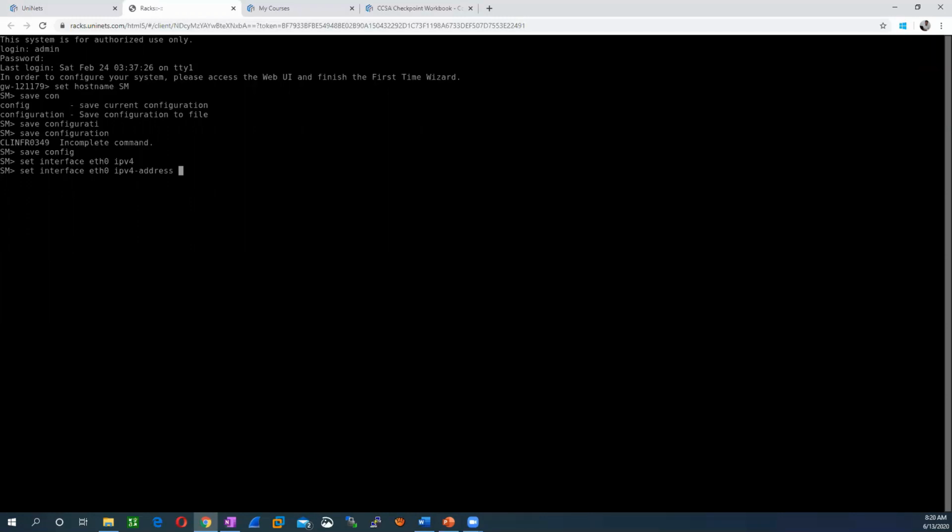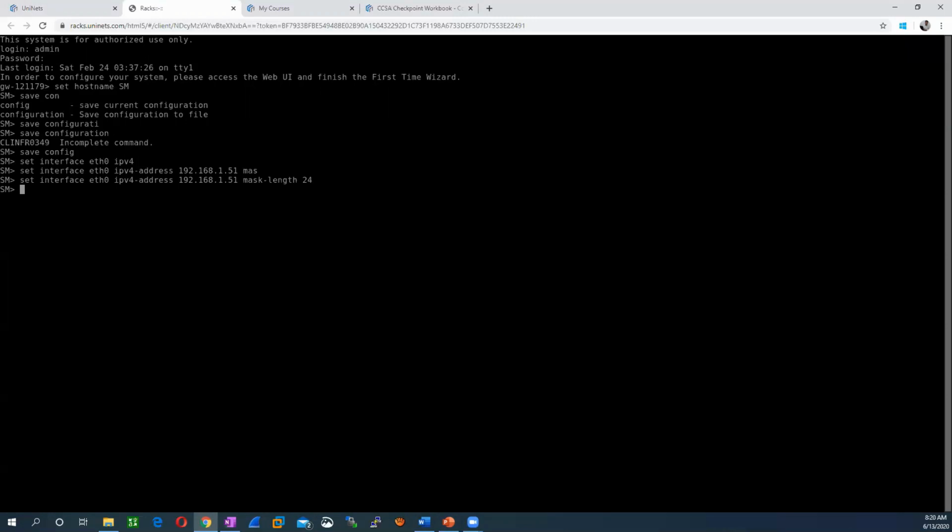I just want to define this management device with the IP address 192.168.1.51, and then mask-length, the subnet mask length would be 24. That's it.